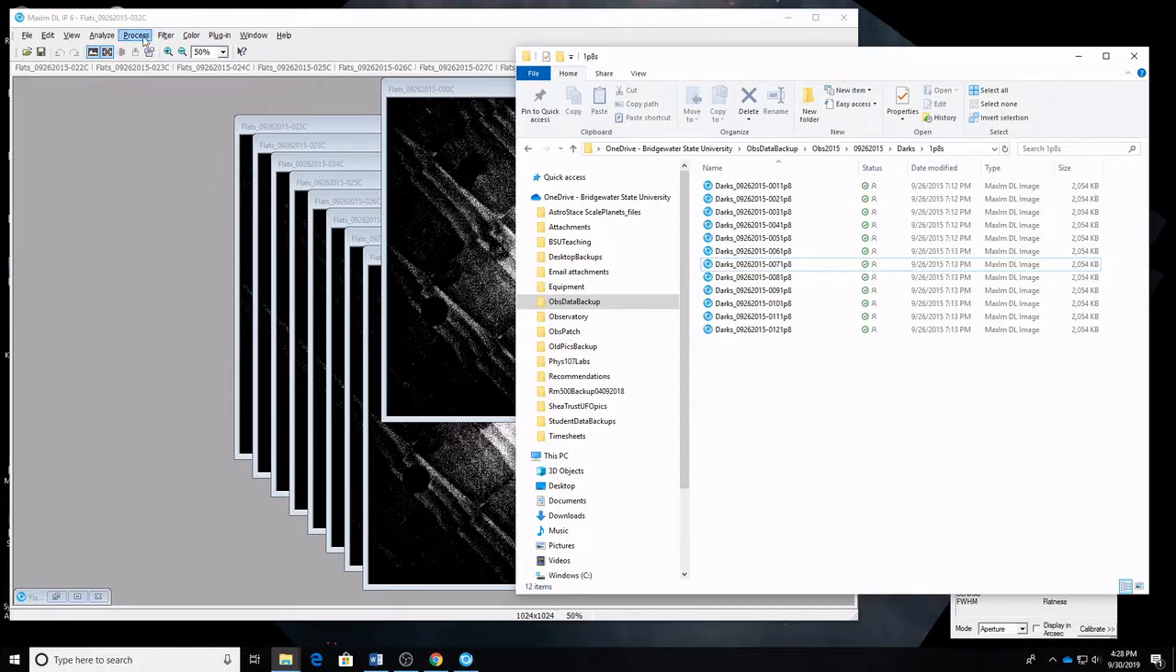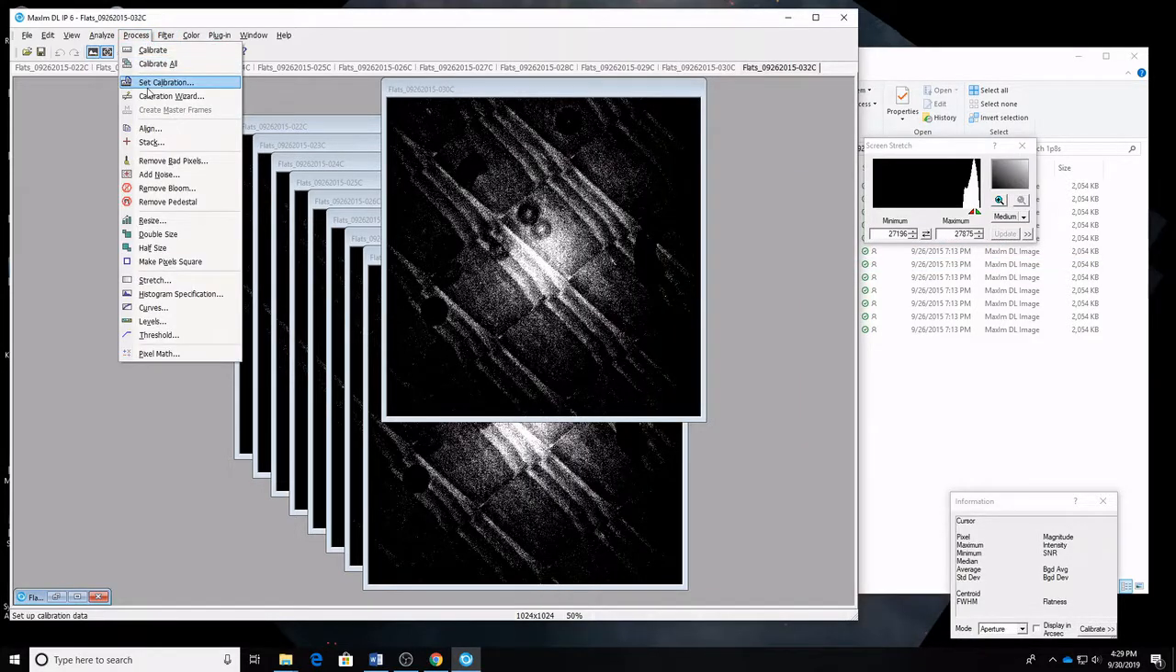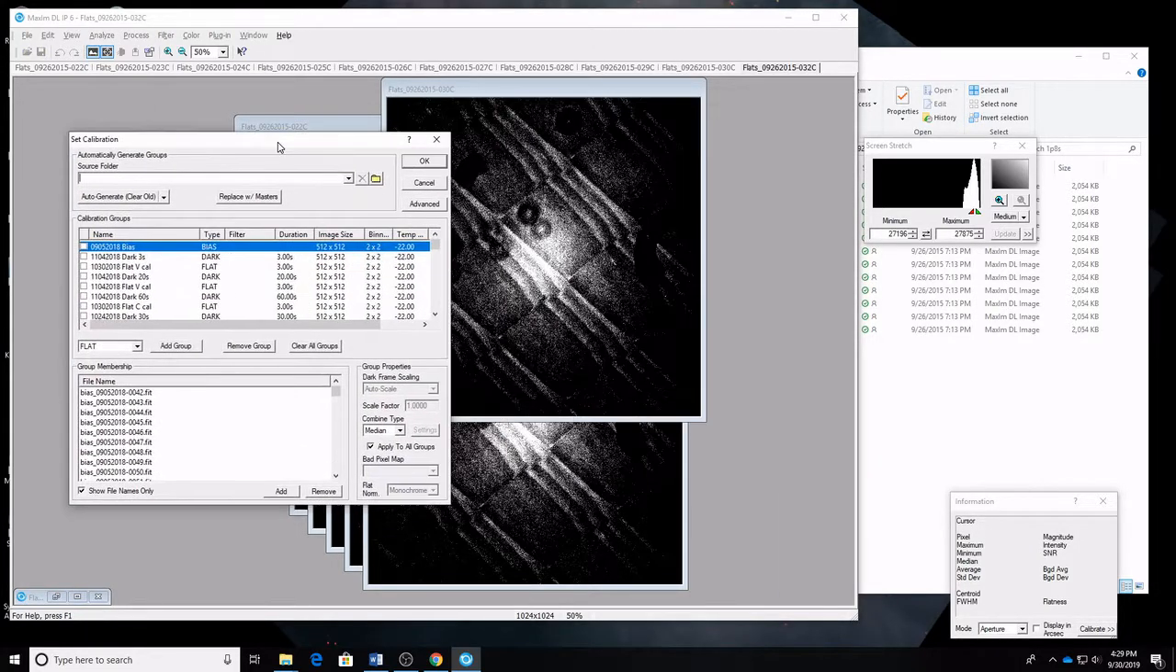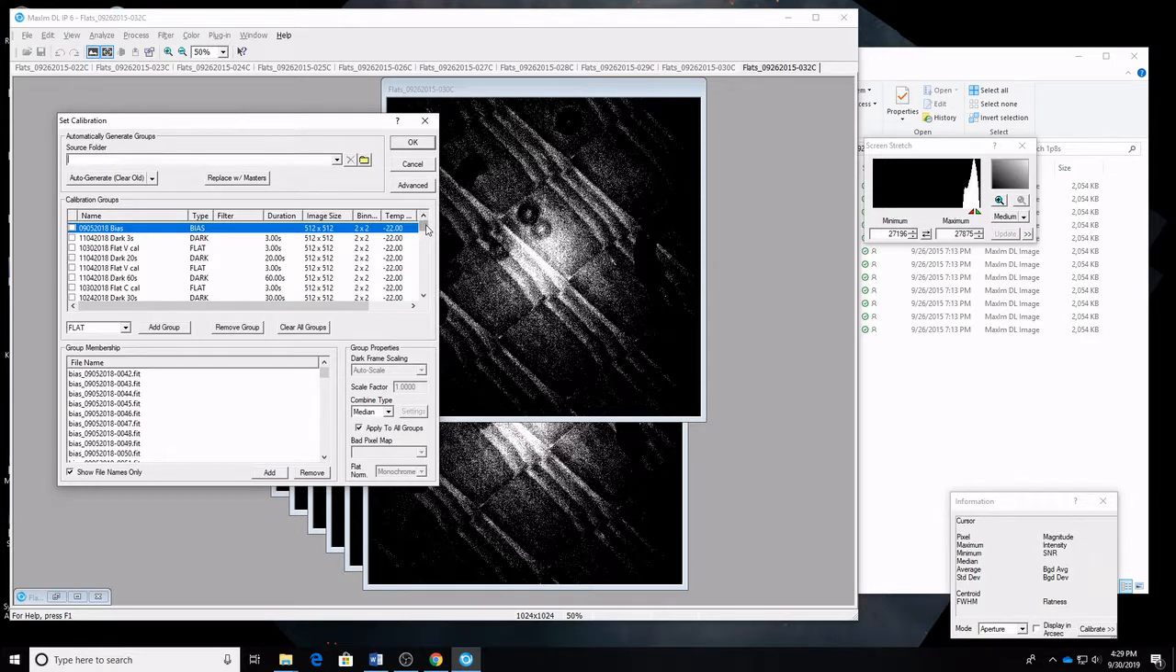To do that, we go to Process, Set Calibration. That's fine, that's because I move stuff around. Okay, I am first just going to make sure that nothing else in here is checked. As you can see, I've calibrated a lot of files. Let's get rid of that. Okay, looks like that was all. I am going to select Dark in the drop-down menu, and I'm going to